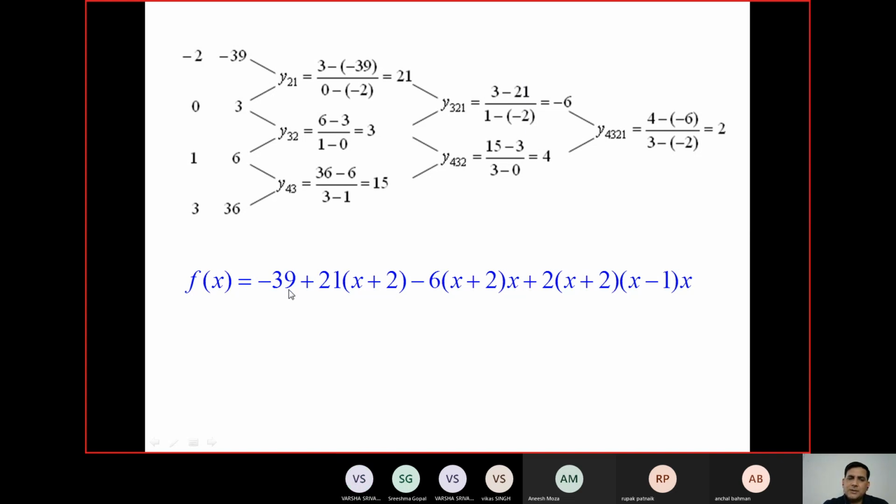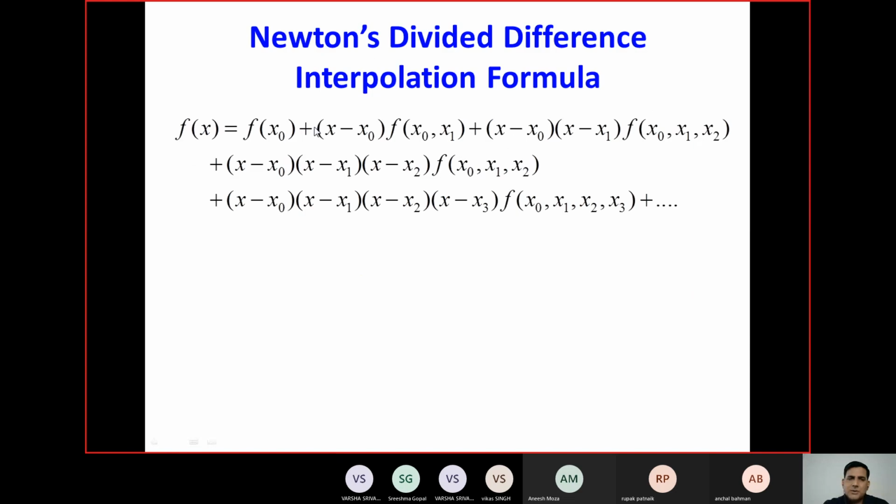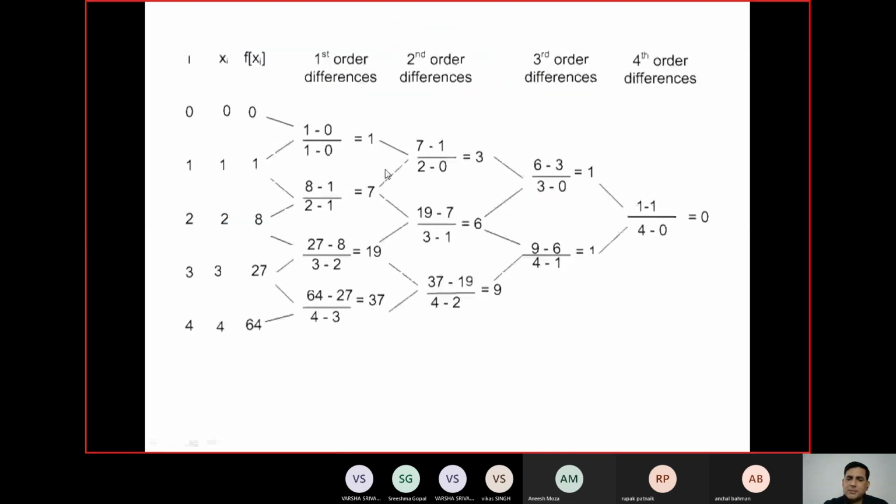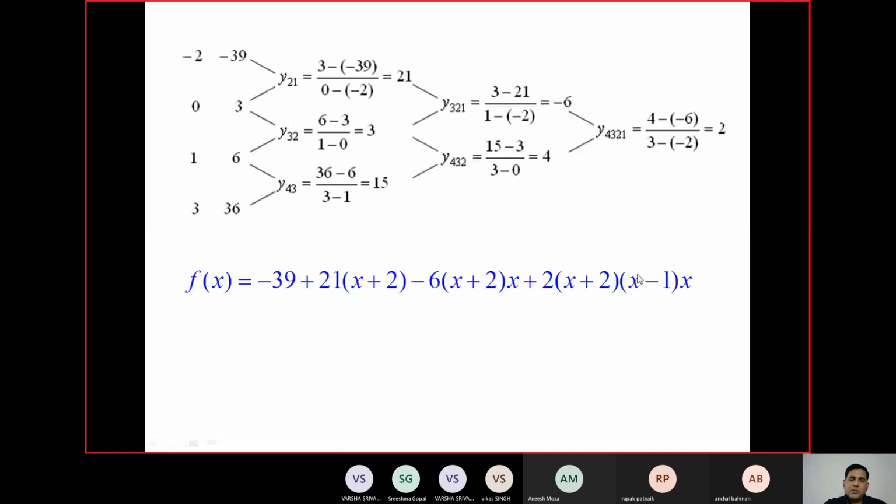You can calculate from this, this is f(x0), right? Correct or not? Yes, sir. This is the function that needs to be used. If you use that here, you will get this particular expression. Now in this you can substitute your x and you can get your function value. Yes or no? Yes, sir.